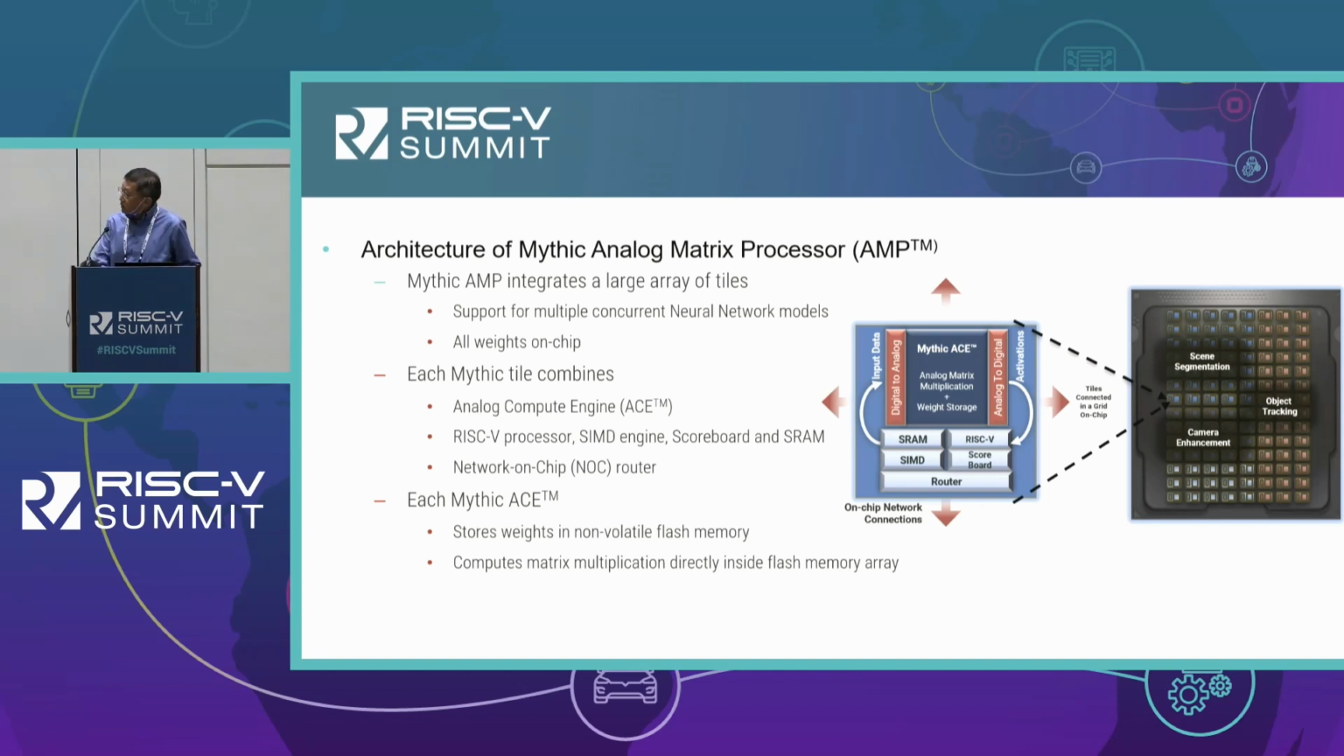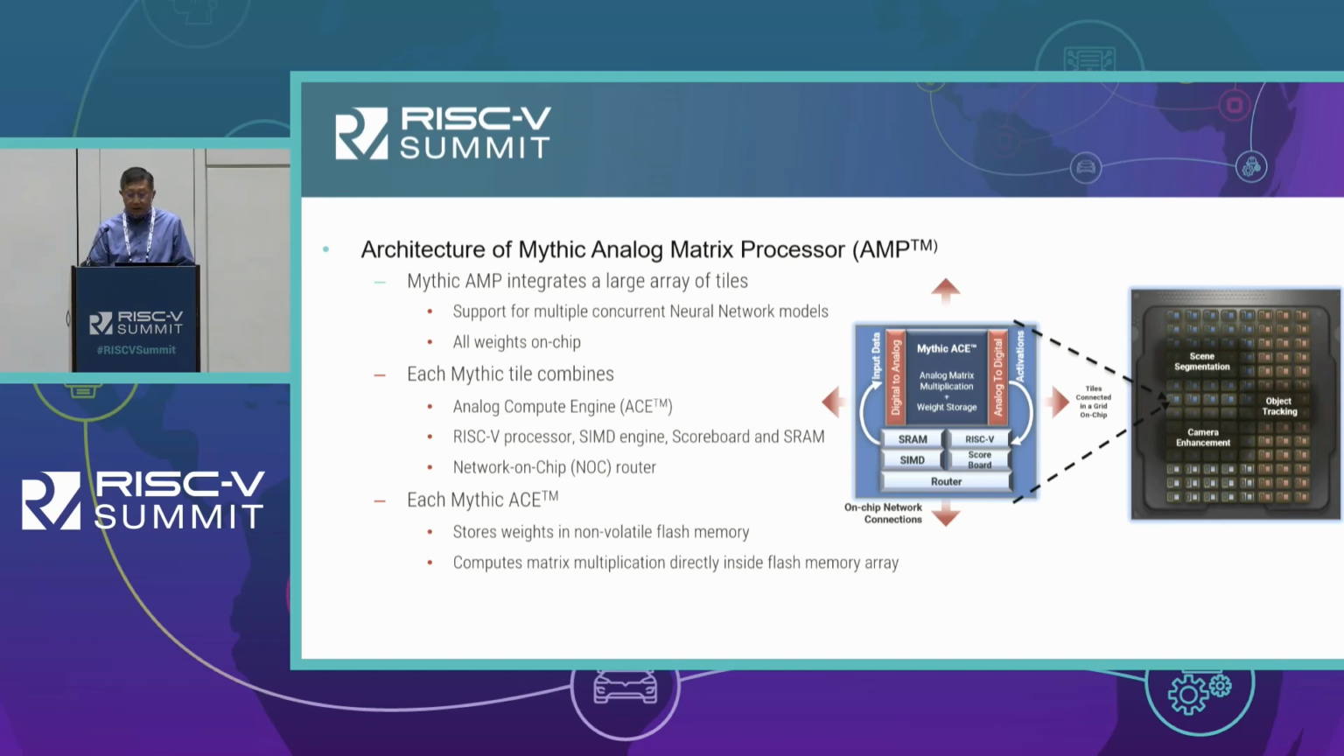This little square on the right-hand side of the image is a Mythic tile. A Mythic computation tile has a couple of components. One is the analog compute engine, called ACE. We also have a RISC-V processor in each tile, a SIMD data engine, a scoreboard, and some local SRAM in each individual tile. And as also mentioned, a network-on-chip router connects everything together into a two-dimensional mesh. And within each